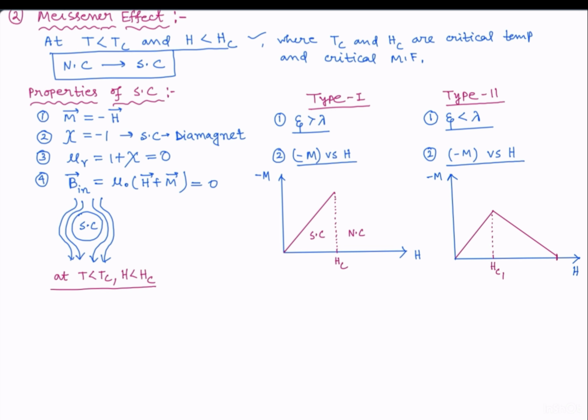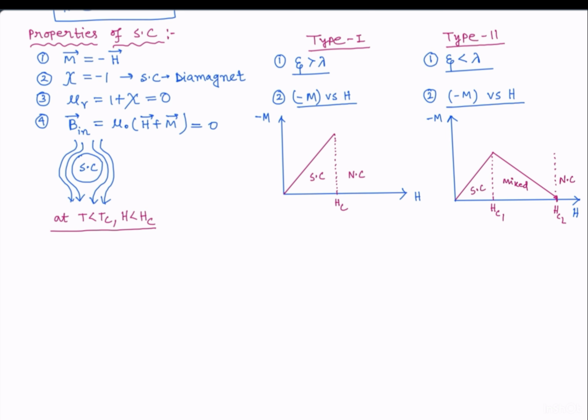This region will be superconductor. This region will be a mixture of superconductor and normal conductor, and after Hc2 the type 2 superconductor behaves as a normal conductor. So these two curves are important for type 1 and type 2 superconductor,